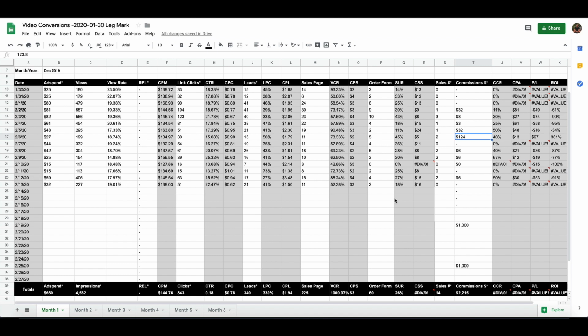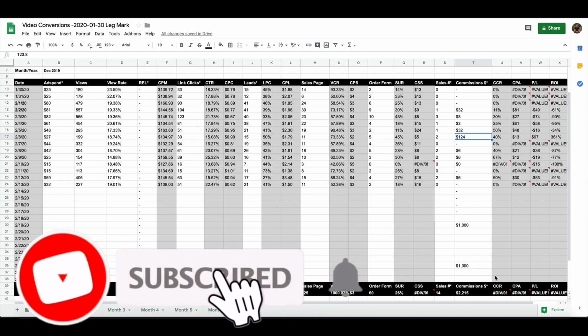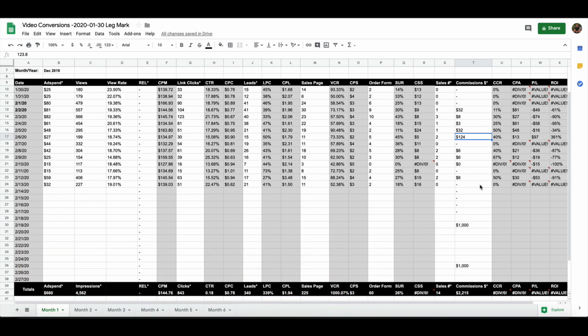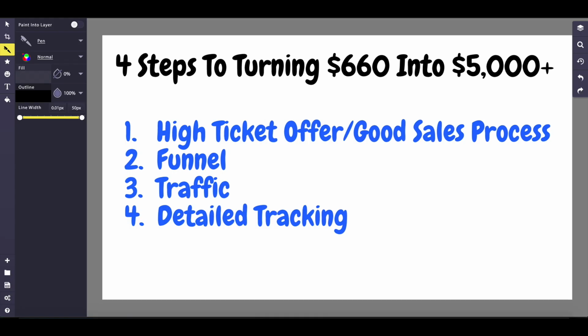You have to have detailed tracking, and you have to understand that there's a process to this. You're not going to spend $200 and then all of a sudden, boom, you get $2,000 in commissions. It takes a little while for them to go through the process. Obviously, it depends on what the sales process is like and all that kind of stuff. But this is everything, guys. I'm sharing with you every little detail that went into it, so you can see you need a high ticket offer. You need to sell something